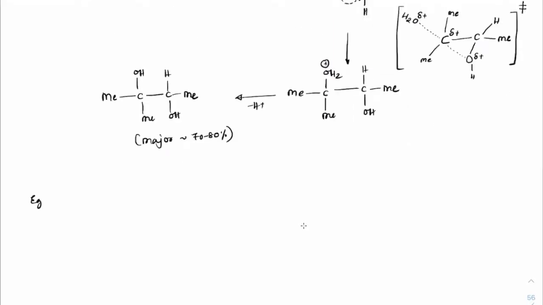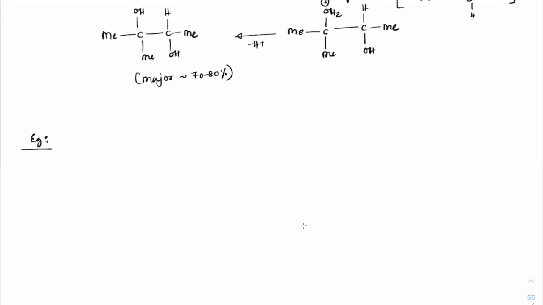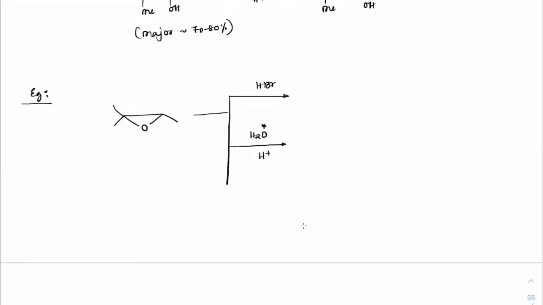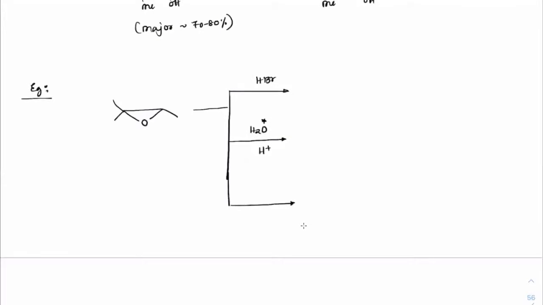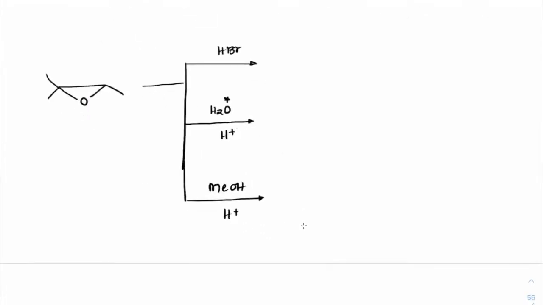So let us see with this example here, if the question comes, how to solve it. Suppose we have oxirane with two methyl groups, and here we have one methyl group. The question is given where it is used in acidic medium, that is HBr. Directly the reaction is given as HBr. Second, it is given as H2O with star and H plus, star as in isotopic, and it is given MeOH and H plus. Then everybody check this question now.